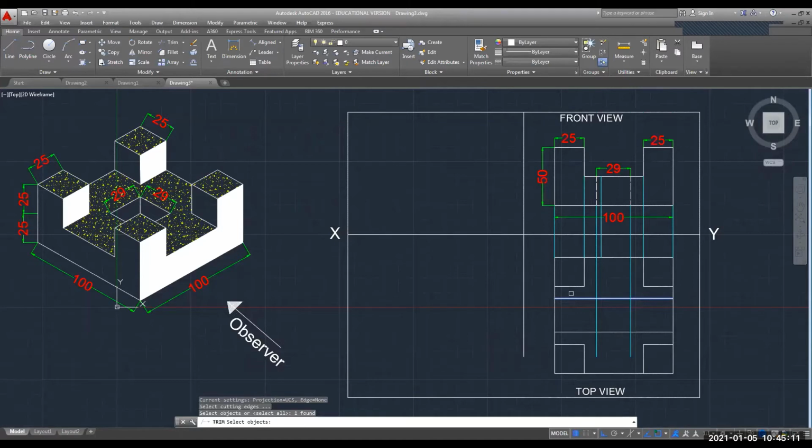Base object means I have selected this and I will cut the other lines which are crossing my baseline. And then again you have to press one more enter and then you have to cut out the portions that you don't want. So see, if I click here, all the lines above it are going to be cut out. So I don't want to do that. So another way is to use the trim command and at the same time press the space key 2 times or the enter key 2 times. Okay, and now see what is the difference. You can cut the lines whatever you don't want.